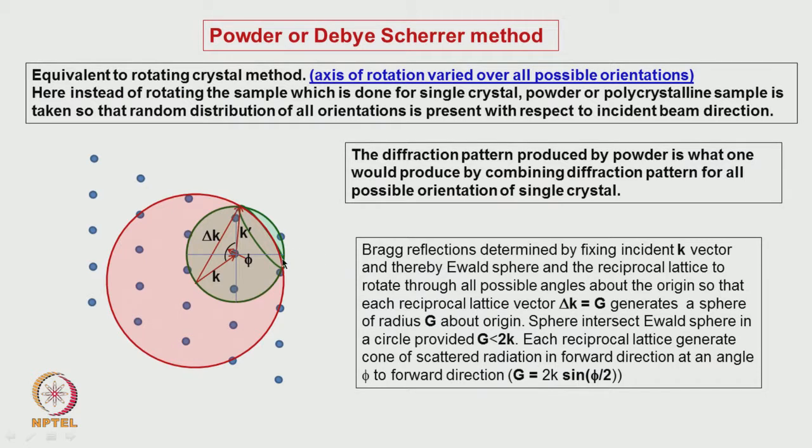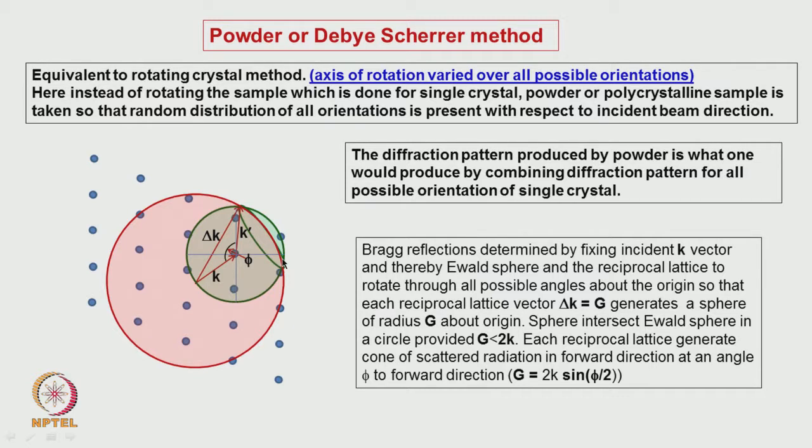But in a single crystal rotation method, the single crystal is rotated around a particular direction. Here, it is as if the single crystal can be rotated not only around this axis but around various orientations of the axis. That is what happens in powder diffraction. Instead of getting only some reciprocal lattice points, around any direction, if a point is satisfying the condition, then some orientation of the crystal will always satisfy it. So you will get a continuous ring pattern.